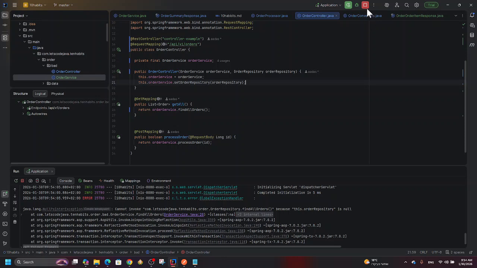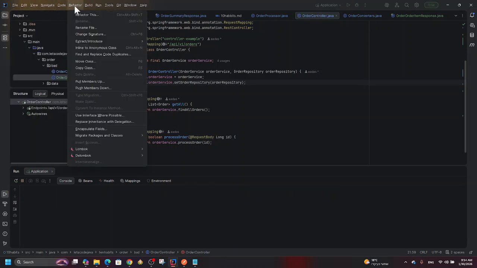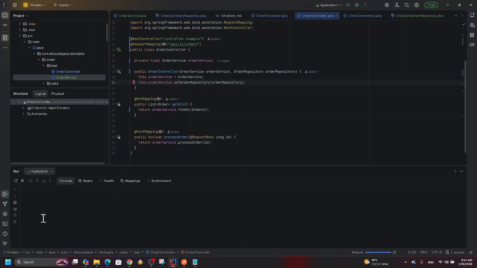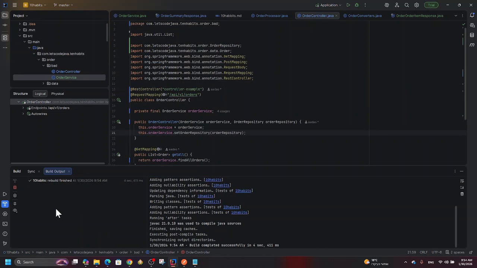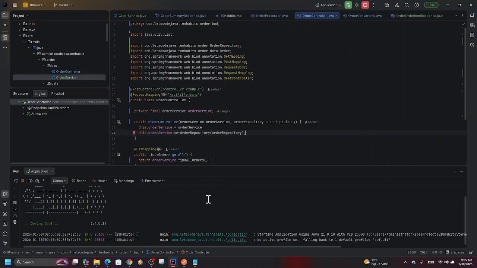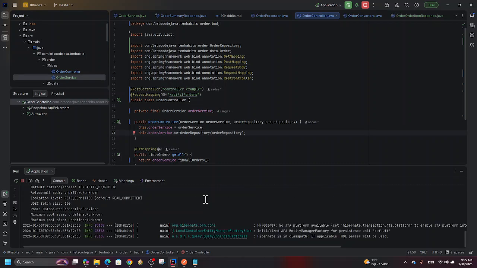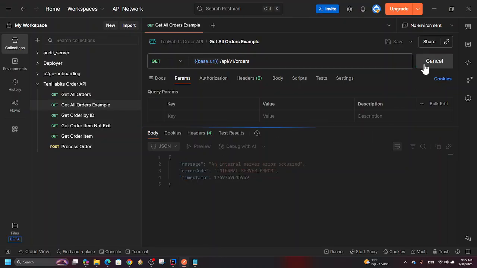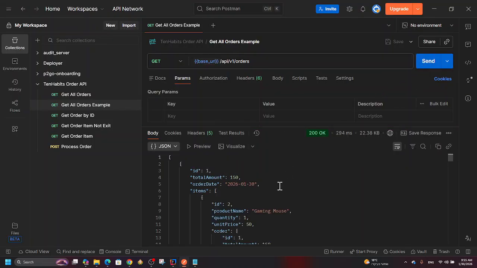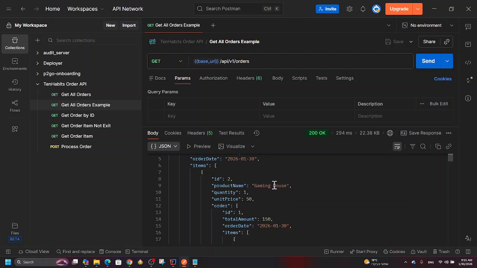So we need to inject the repository and call it from here. Yes, and run it again. Let's rebuild it to make sure the project compiles. Okay, green V, build completed successfully. Let's run it again. Make sure it runs. Started application. Great. And let's hit it again. I want to see my orders. Okay, I see it, but